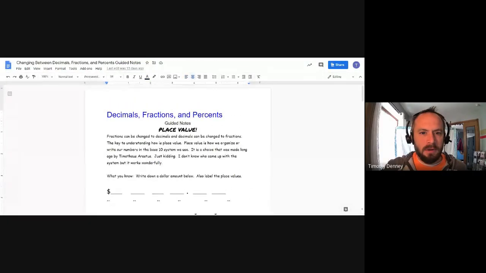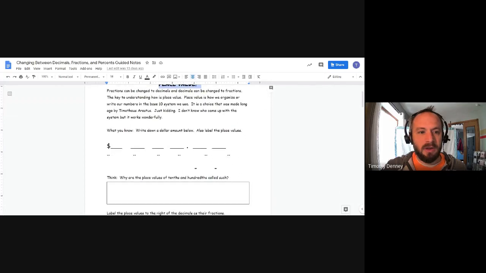A key to this lesson is understanding and remembering what place value is. Fractions can be changed to decimals, and decimals can be changed to fractions. Again, place value is important, and it's how we organize our numbers in the base 10 system we use. So for instance, if we have a dollar amount,